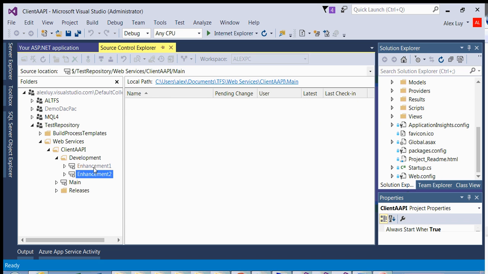And now these guys are both independent of each other, and enhancement 2 will work on his own branch, his own code, his own version of the production code. Now this is a situation where they both have nothing to do with each other. You may have a situation where they do have to kind of step on each other, and that's fine, because you can either have one branch where two people work on the code, or you can just have two branches,